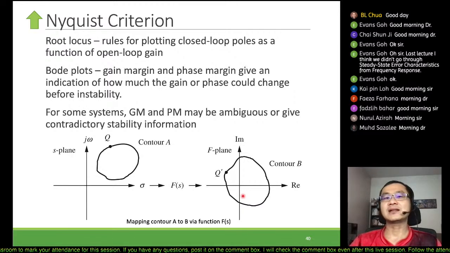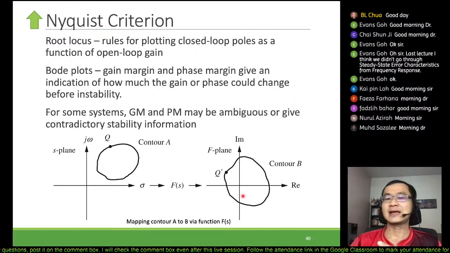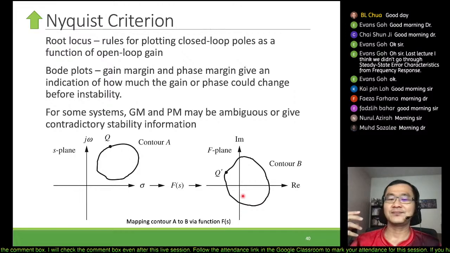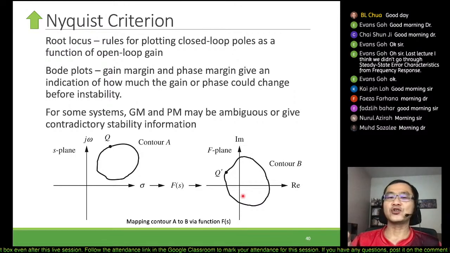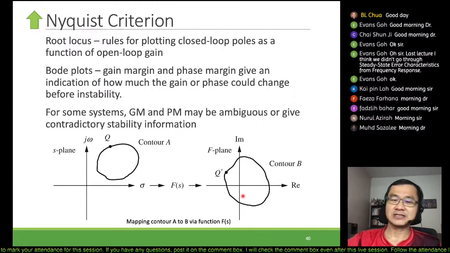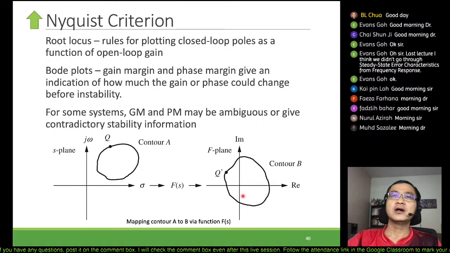controls related material, and if it happens to come to this term called Nyquist, then you have the idea where it comes from, and the purpose of it is for you to design the compensator, right? So I hope that would be sufficient for you to gain the basic fundamentals of control throughout this course, okay, from